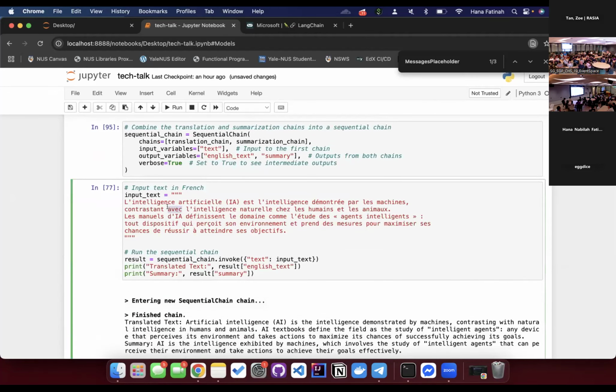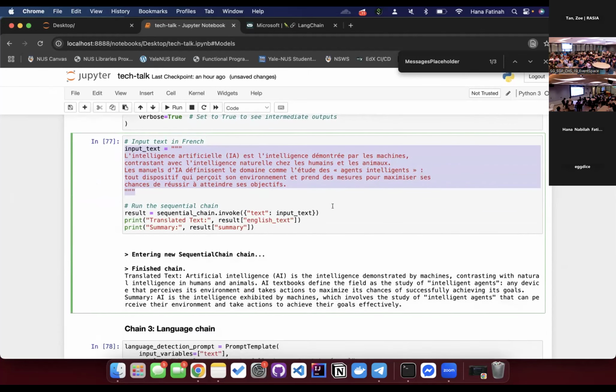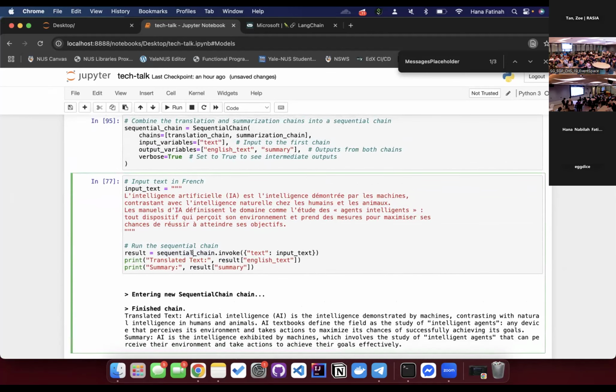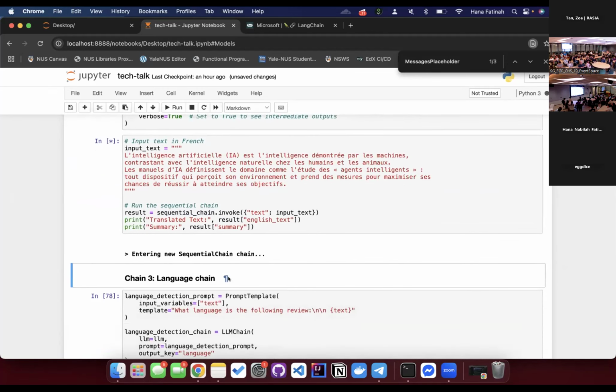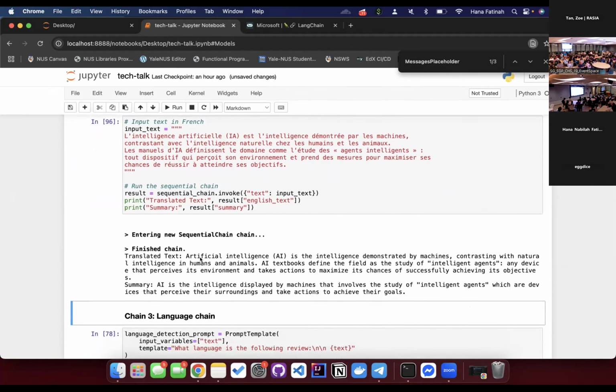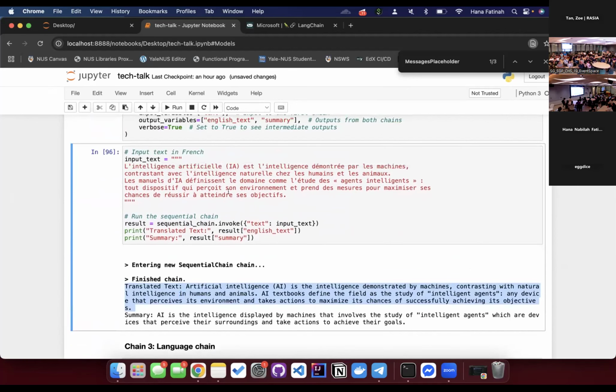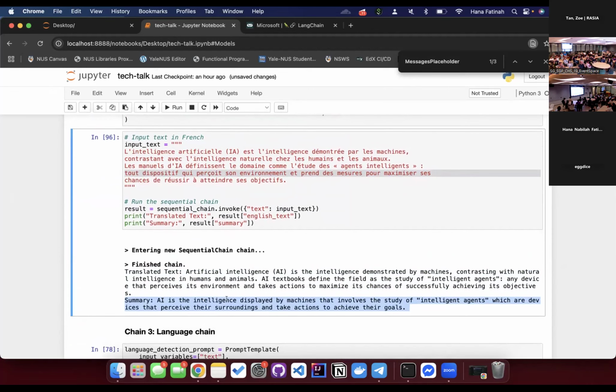Okay. And then we have this input text. They're all in French. I don't understand French. I'm sure some of you might understand French. So now I want to translate this and summarize it. I can just invoke, passing the input text into my sequential chain. Let's run that. And so now entering new sequential chain. Okay, so now we have the translated text in here. And then we have the summary, which is AI is the intelligence,